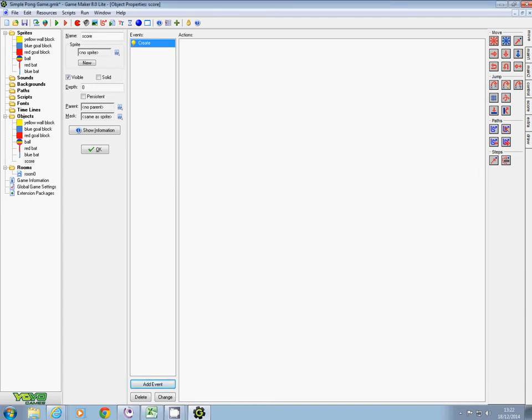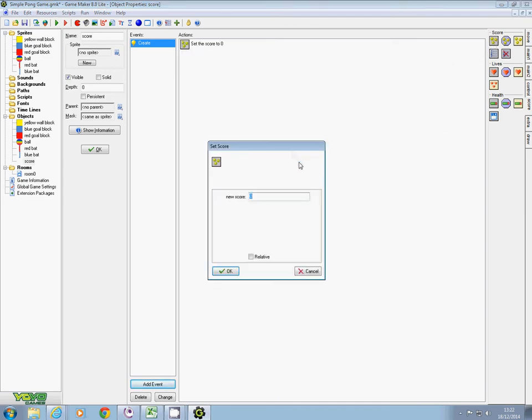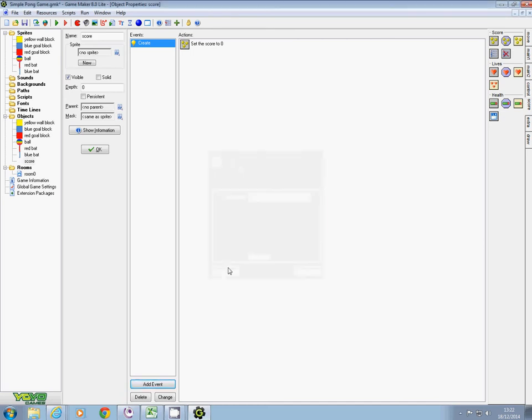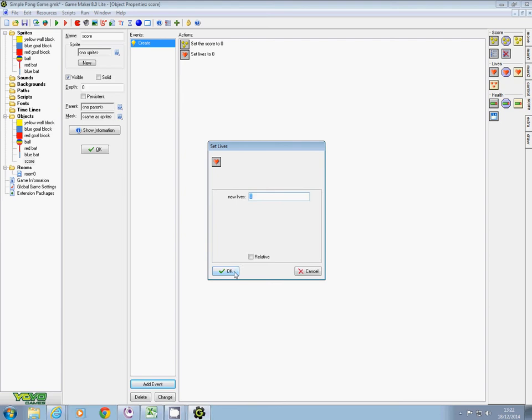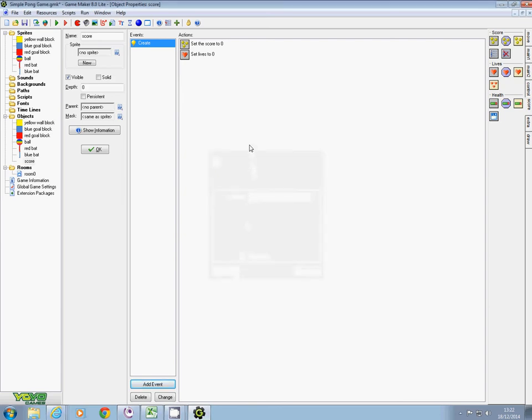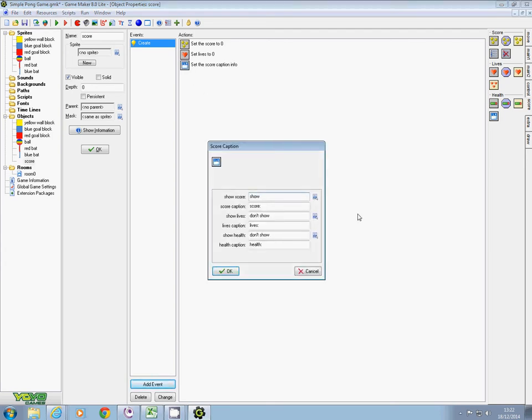And to get the bits I want, I need to go to the score tab. Well, what I need to tell it is at the beginning of the game, score is 0. And at the beginning of the game, the lives, which is what we're using to count the red score, is also 0. And what I want you to do then is put that information onto the screen. So score caption is going to write the score up at the top of the screen. So I wanted to show the score, yes, and I wanted to show the lives,